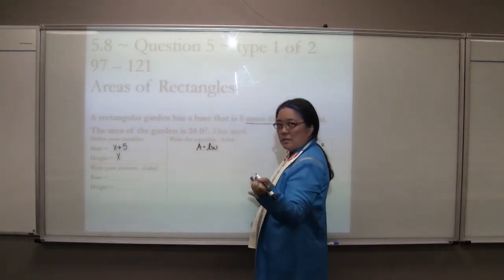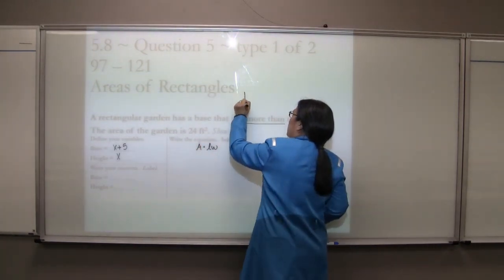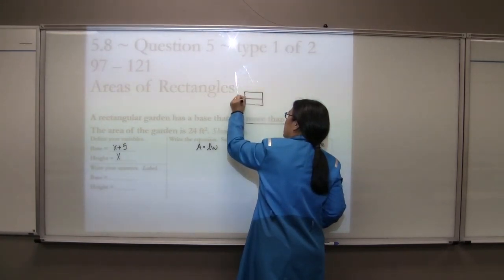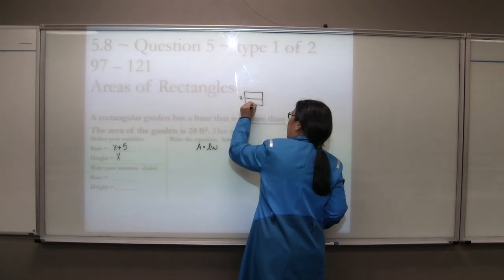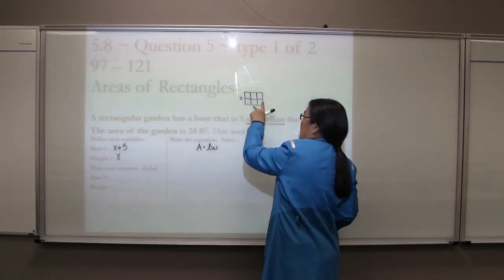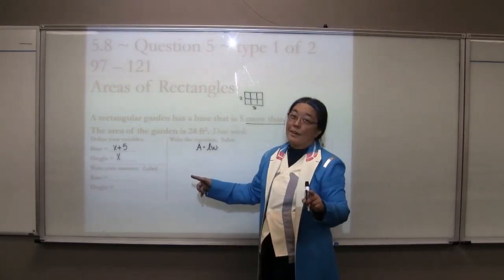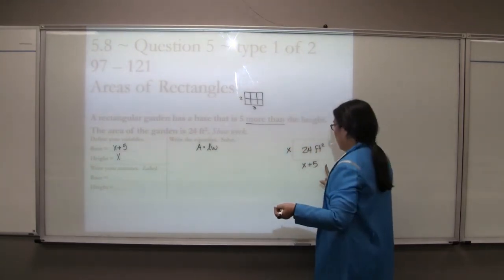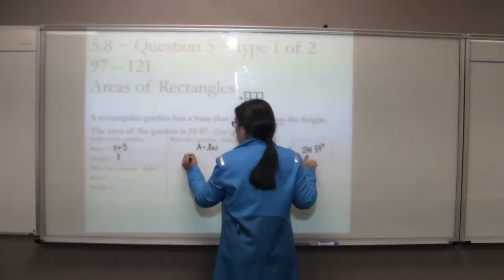Many students at this level of math have forgotten that, so I draw out a little rectangle and I said, hey, if this is 2 in this direction and 3 in that direction, you can actually see that the area is 1, 2, 3, 4, 5, 6. So 2 times 3 equals 6. Length times width equals area. If that helps you remember it, great. So we have the area, which is 24,